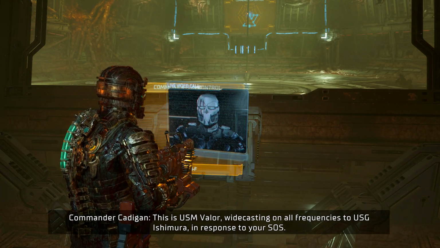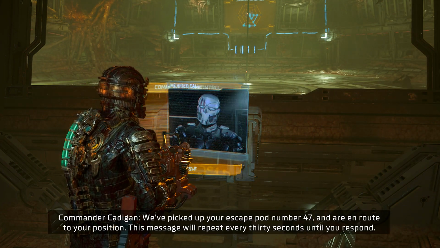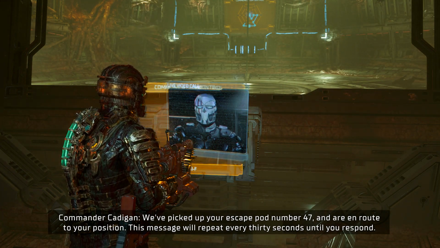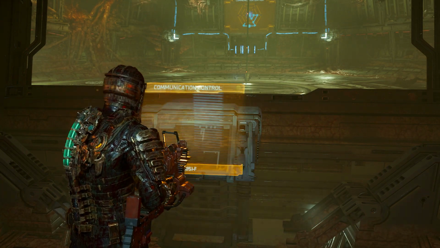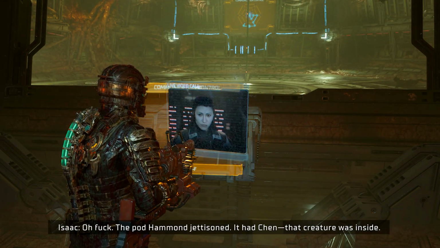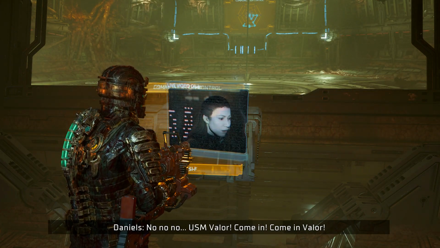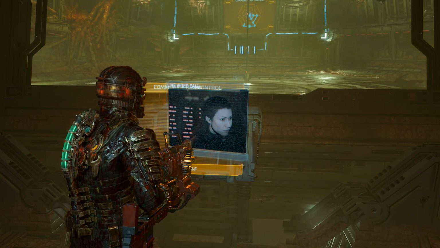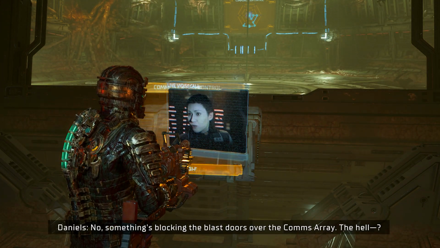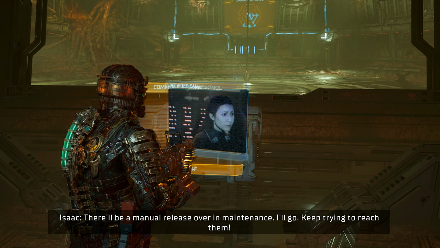This is USM Valor, broadcasting on all frequencies to USG Ishimura in response to your SOS. We've picked up your escape pod number 47 and are en route to your position. This message will repeat every 30 seconds until you respond. The escape pod. Oh, fuck. The pod Hammond jettisoned. It had Chip. That creature was inside. No. USM Valor, come in. Come in, Valor. Oh, her signal isn't strong enough. Can we deploy the long-range antenna? No, something's blocking the blast doors over the comms array. The hell? There'll be a manual release over at maintenance. I'll go. Keep trying to reach